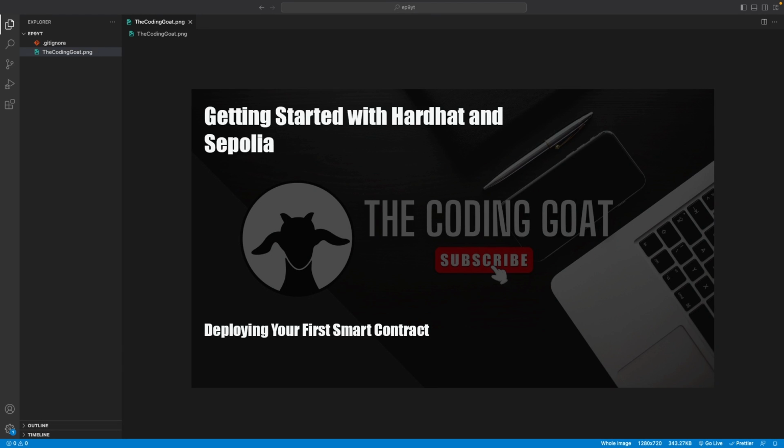In this tutorial, we are going to learn how to deploy a smart contract to the Sepolia testnet using Hardhat. Sepolia is a proof-of-stake testnet where decentralized app developers can test their smart contract applications, and Hardhat is a development